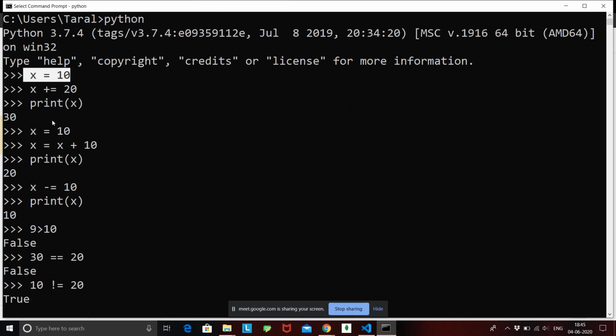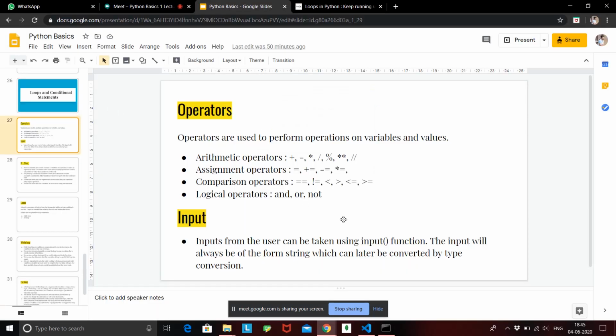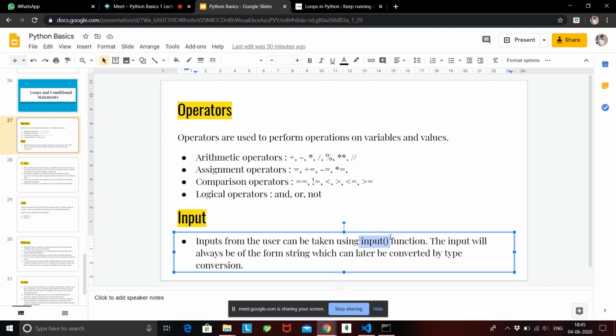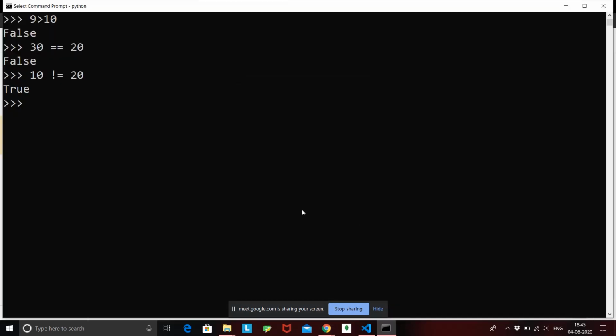We want a third person to enter something into our code, and for that we can use the function called input. The function given by Python for taking input from the user is called input itself. So suppose I write a variable y equal to input.